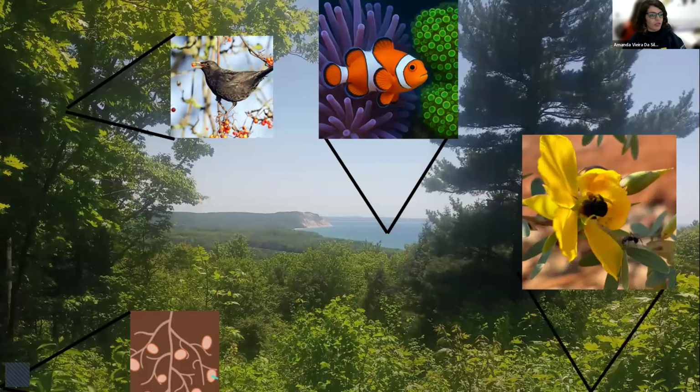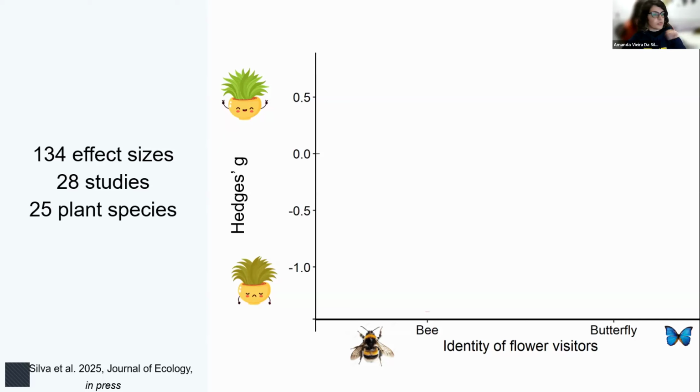So this is what I tested in the first chapter of my dissertation. I evaluated the effect of ants on pollination. Here on the x-axis, we have the effects of ants on bees or butterflies, and on the y-axis, the Hedges' effect size. Basically, when this is negative, we have a negative effect of ants on bees or butterflies, so shorter visits, for instance, and when positive, a positive effect on these floral visitors. So what I found was basically that ants have a negative effect on bees, but not on other flower visitors